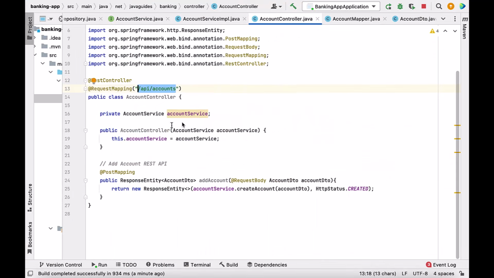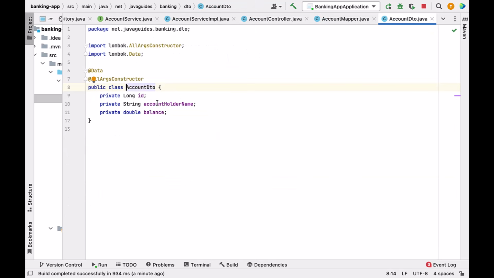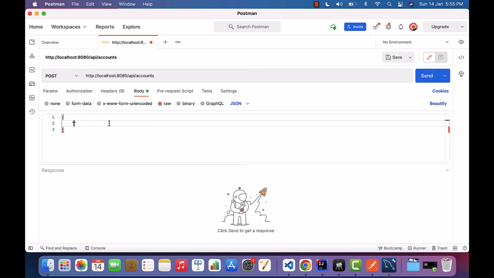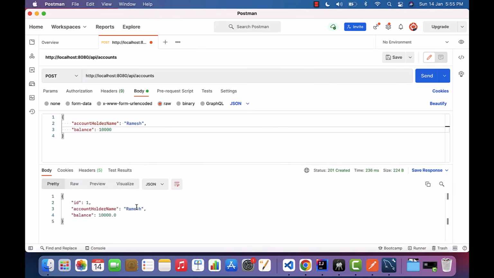If you go to the project again, and if you go to AccountDto, this AccountDto has the fields account holder name and balance. So these fields we have to use in the JSON. So let me copy this field name and paste it over here, and then let's give the holder name, in my case Ramesh. Next, balance, let us say 10,000. Okay, next go ahead and click on the Send button, and there we go,